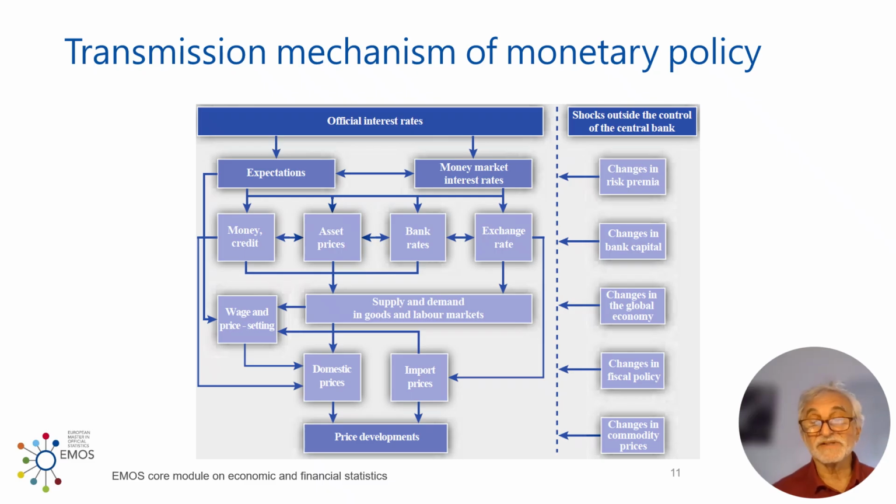But the euro area is not an island, as I mentioned already. There are also other possible effects outside of the central banking community. There might be shocks, as we call them, which affect the economy independently from the monetary policy. So there might be changes in risk premia, for instance, if a war breaks out, like we have at the moment. Then the risk premium might change, and independent of the central bank policy, interest rates, credit spreads, all these things can change.